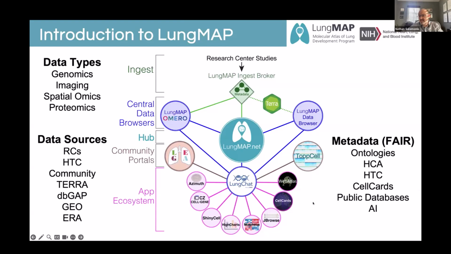We try to adhere to what's called a FAIR metadata model in which all of our data sets are aligned where possible to standard ontologies: cell ontologies, sample ontologies, disease ontologies, developmental assay, and others. We also are primarily focusing on a metadata standard from the Human Cell Atlas Consortia, where we try to align all of our experimental data to the schema.